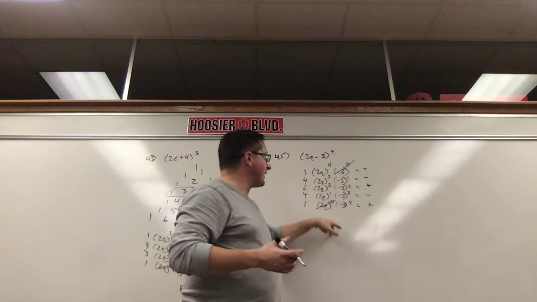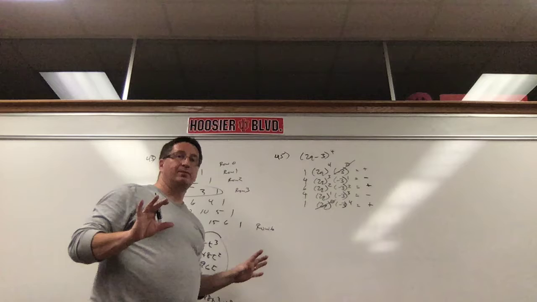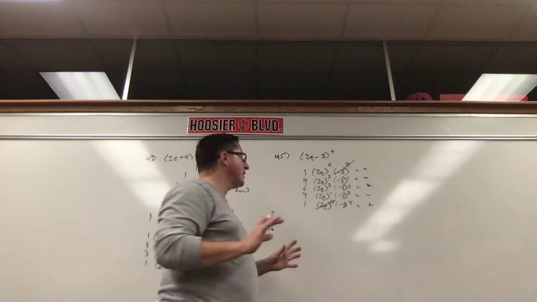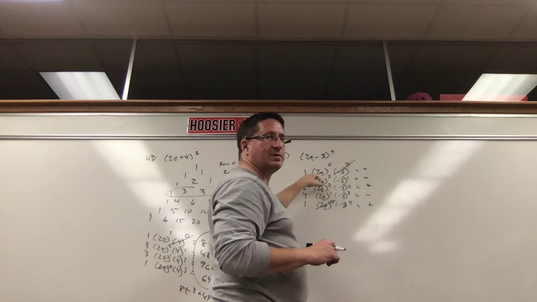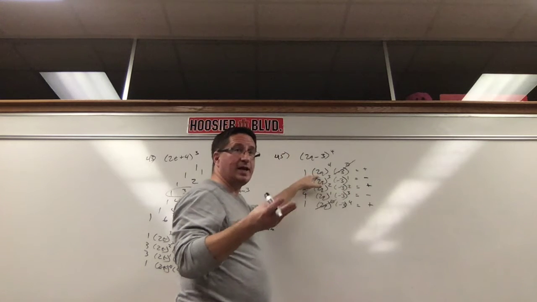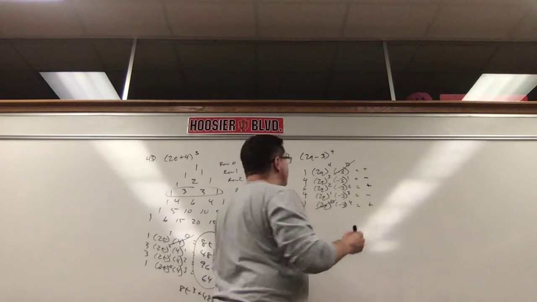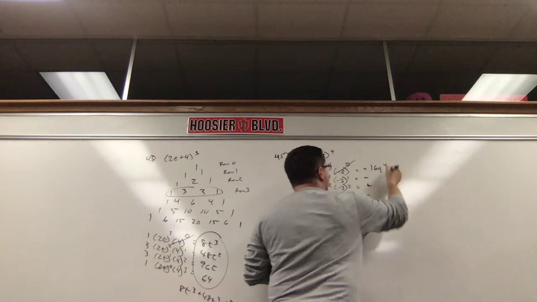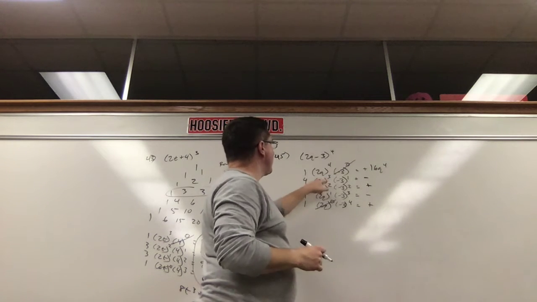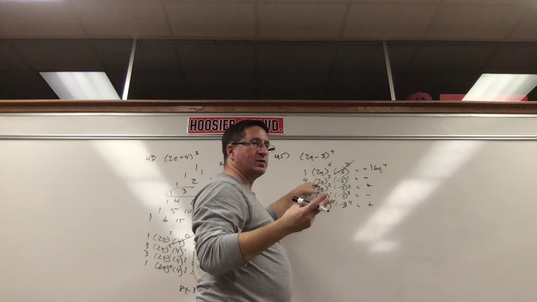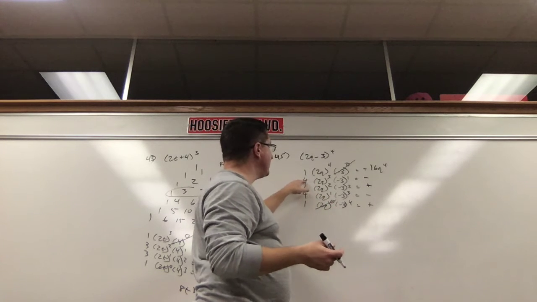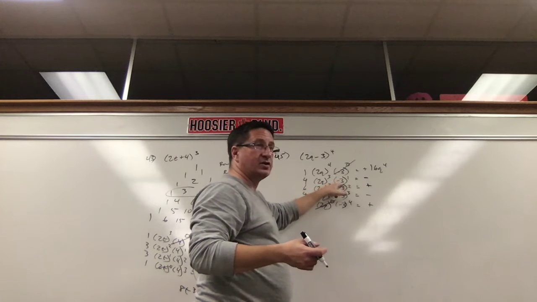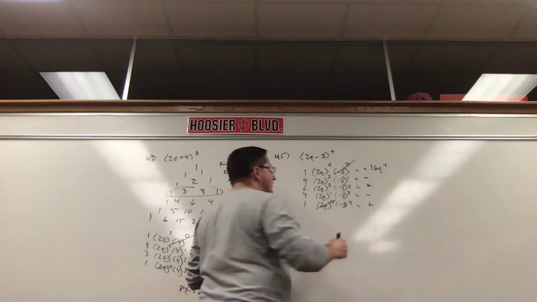So you know what I do with these negatives now? Ignore them. You're done with them. You've dealt with them. We're not even going to talk about these negatives anymore. So we have 2 to the 4th, 2 times 2 times 2 times 2. 2 times 2 is 4, times 2 is 8, times 2 is 16, times 1 is 16, q to the 4th. 2 to the 3rd, 2 times 2 times 2, is 8, 8 times 4 is 32, 32 times 3 to the 1st, which is 3, 32 times 3 is